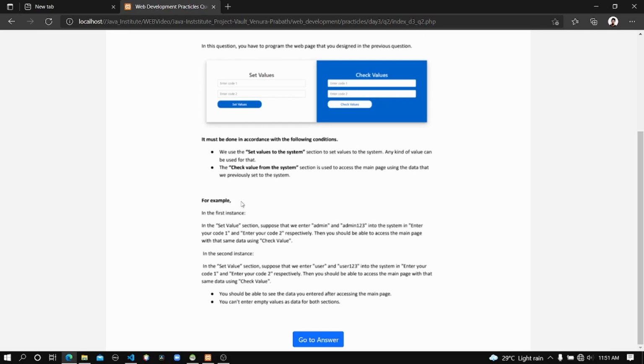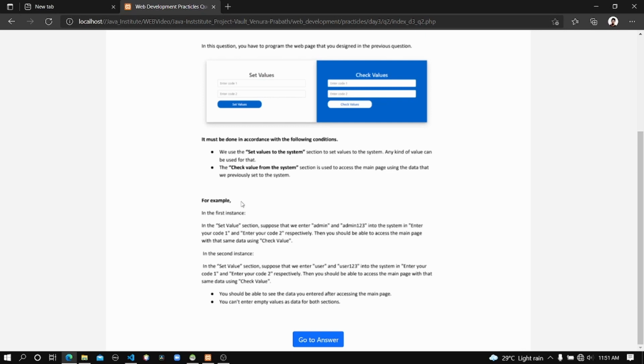If you enter the text admin into enter code 1 and admin123 into enter code 2 and set those two values, and after you enter the same values into the check value input fields, you should be redirected to the main page.